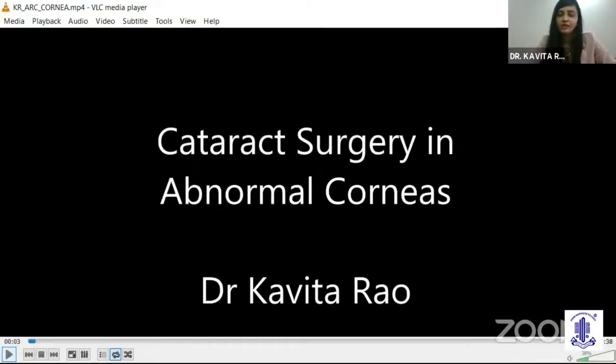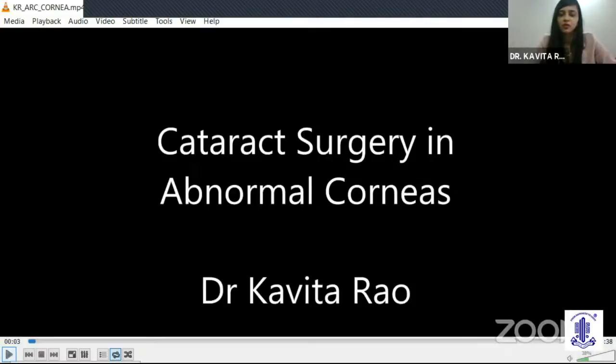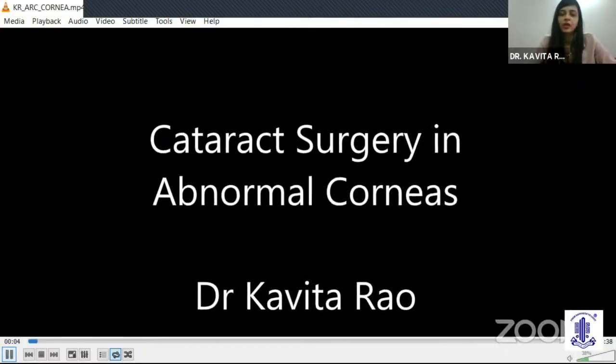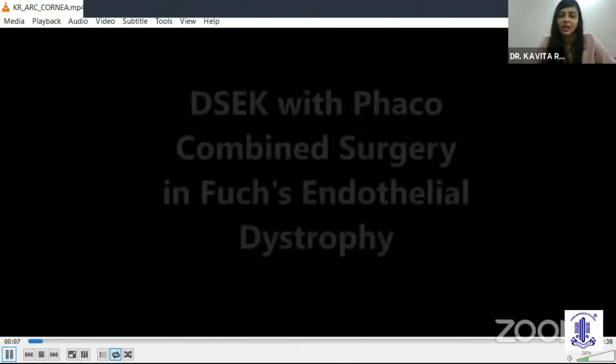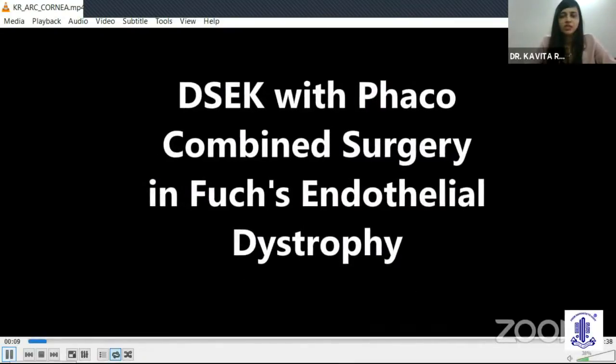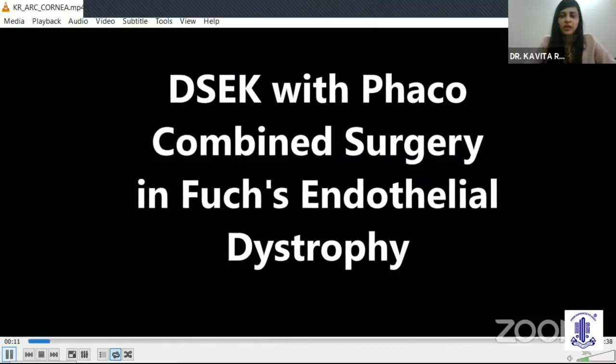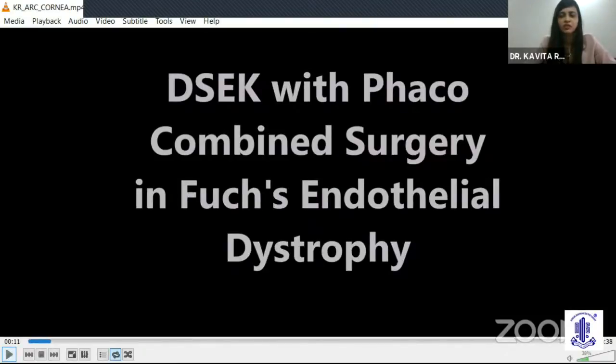I'll be presenting two cases. Actually, they're very simple cases because Chitra ma'am told me it's like a learning video. But I'm just going to point out a few steps in each along the way, which will help the young budding surgeons. The first case is a patient where I'm doing a Fuchs endothelial dystrophy, where I'm doing a